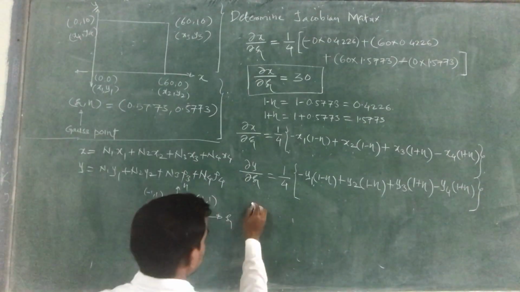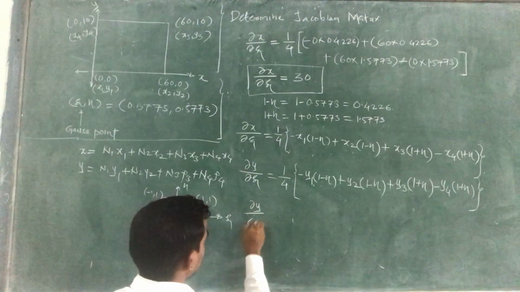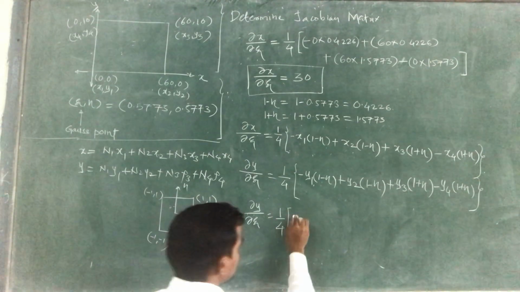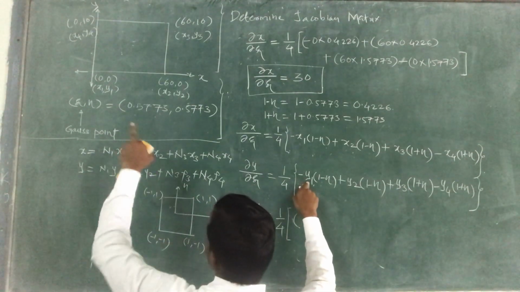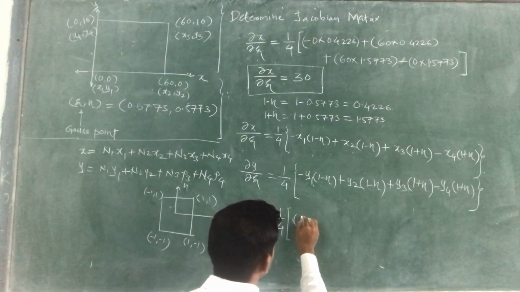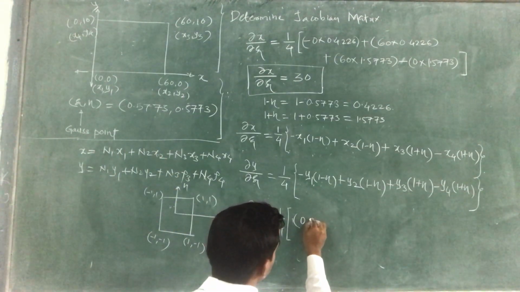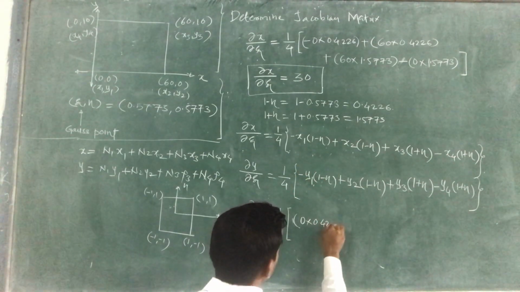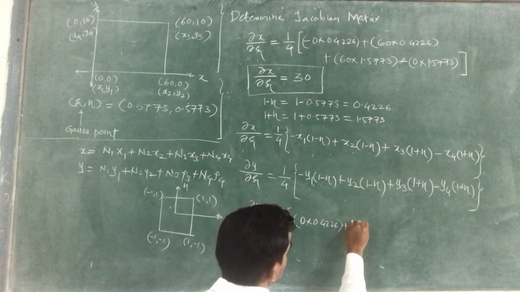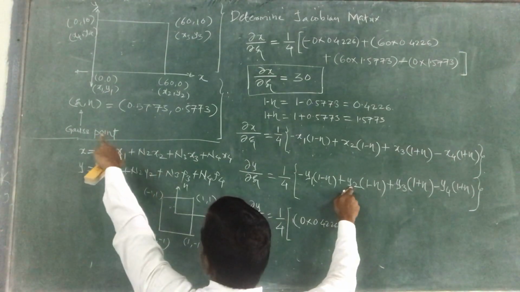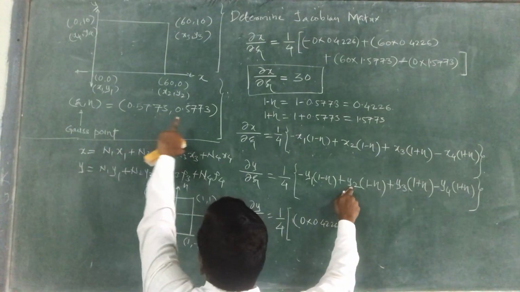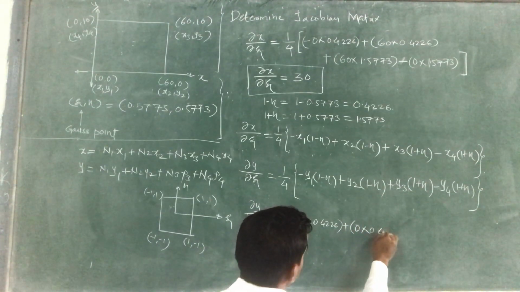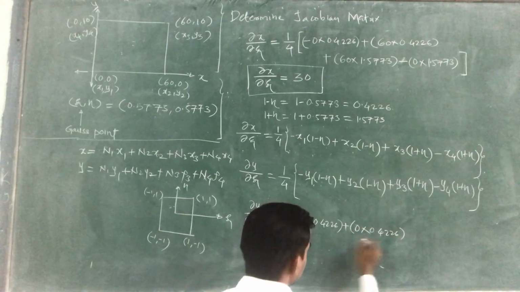So dou y by dou zeta, what will become? Dou y by dou zeta is equal to 1 by 4 in brackets minus y1. So from this figure y1 is equal to 0. So this term will become 0. 0 into this 1 minus eta, actually it is what? 0.4226 plus y2 is what? y2 is also 0. So 0 into this 1 minus eta means it will become 0. 4226 plus